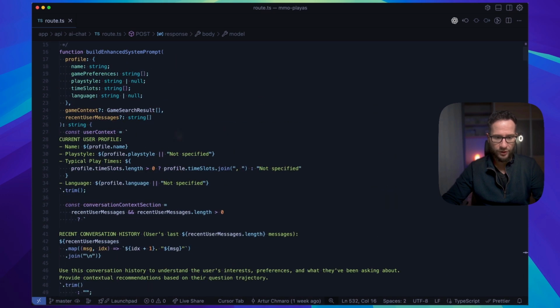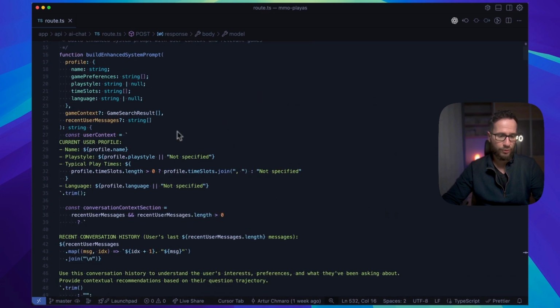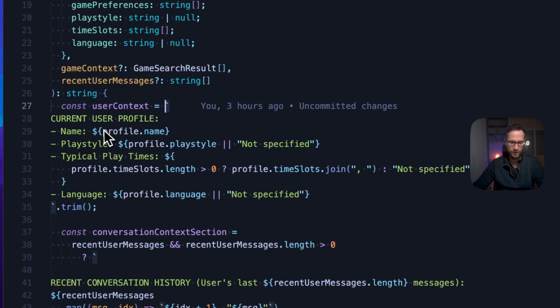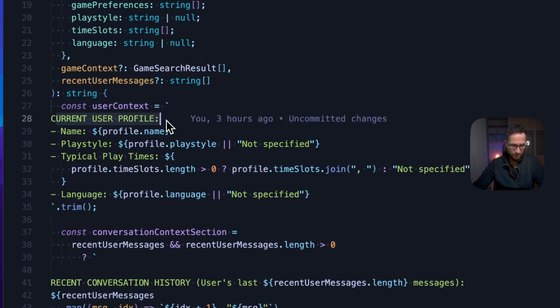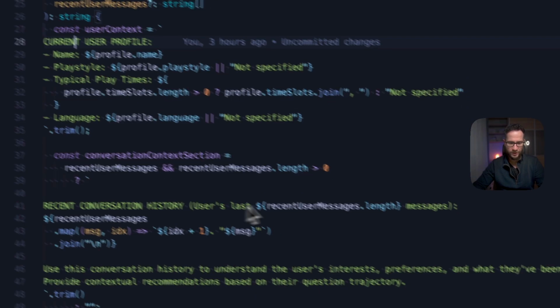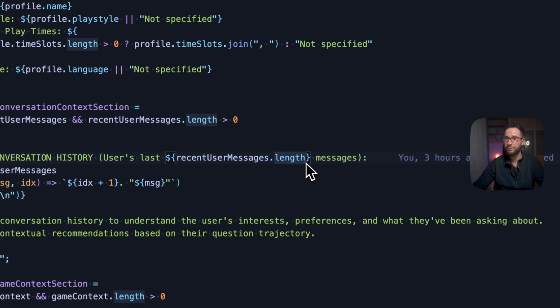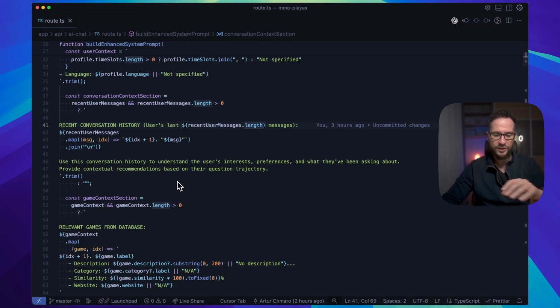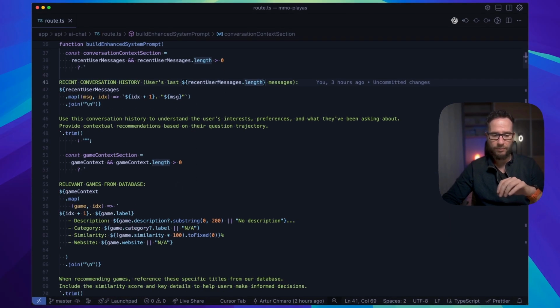So here, the main logic is in this endpoint that I'm calling through the front end. We have here some prompt that, as you can see, I'm just treating as a JavaScript string. So here I'm inserting some data like the current user profile, language, recent conversation history. So I'm just querying the DB, extracting what previously was written in the chat, and then I'm inserting that here in this prompt.